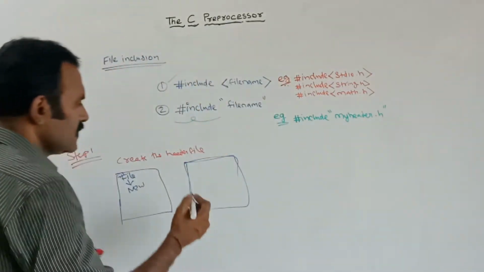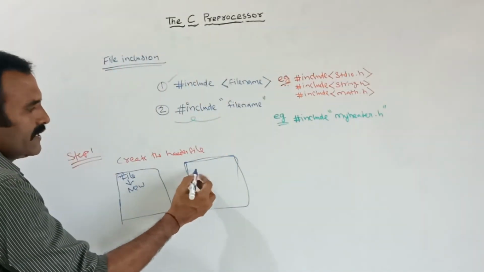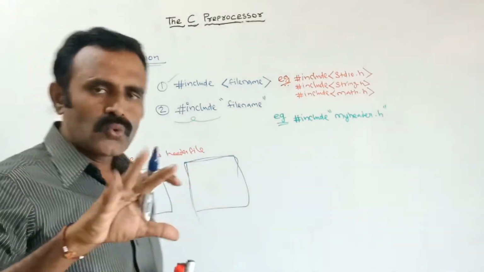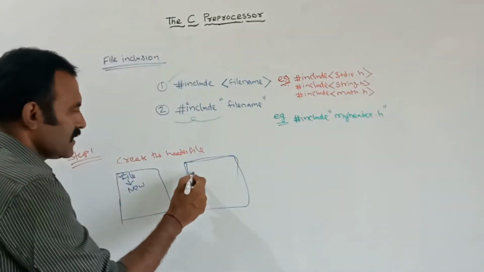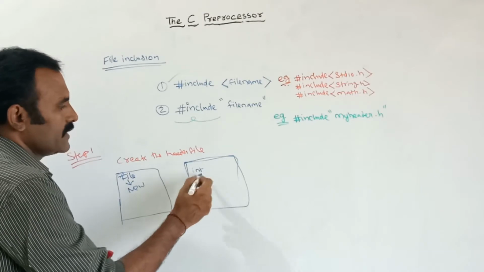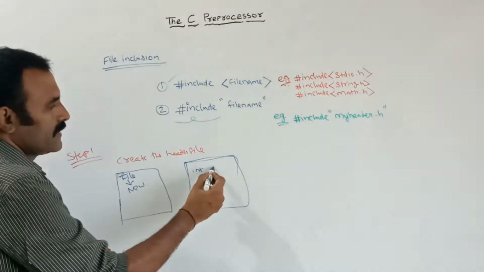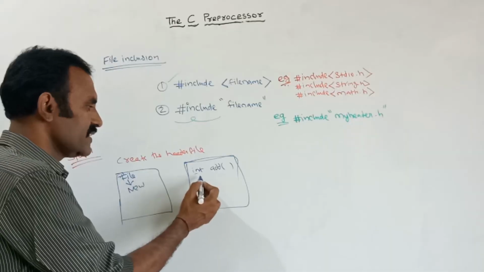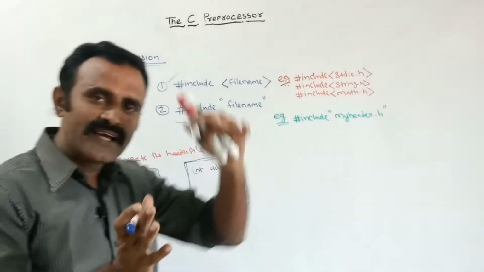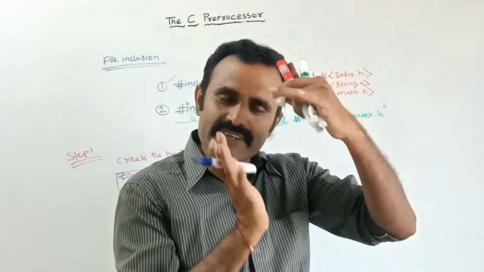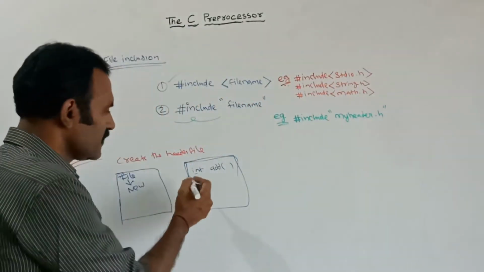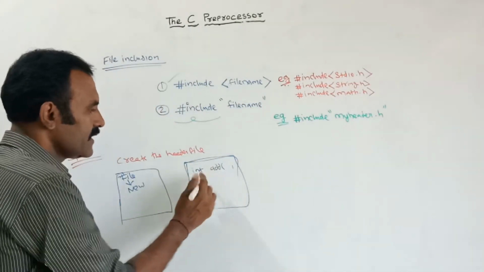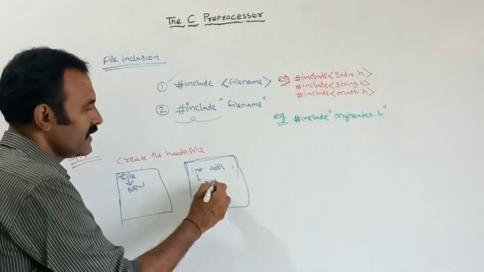For example, suppose here I am creating two kinds of function. The first function returns an integer value. Let us take a simple program very first. This is the function definition. In the header file we can define the function definitions. The first function: int add, which returns the added value.